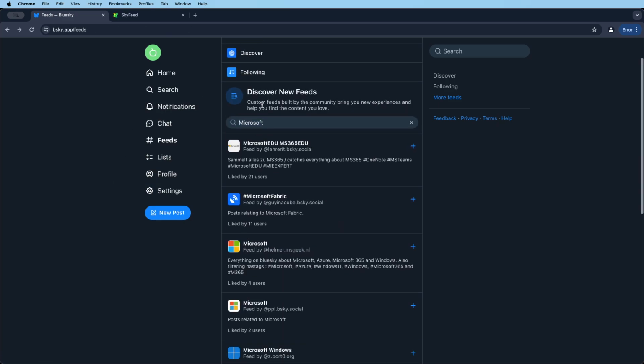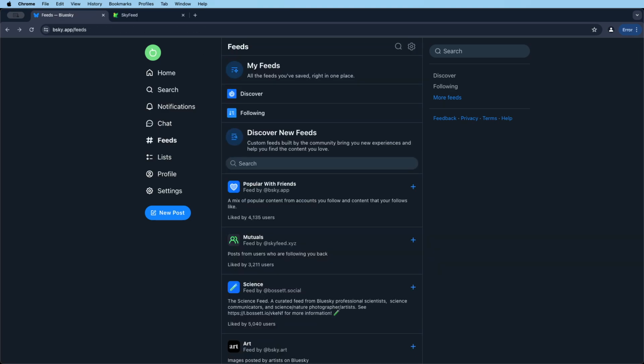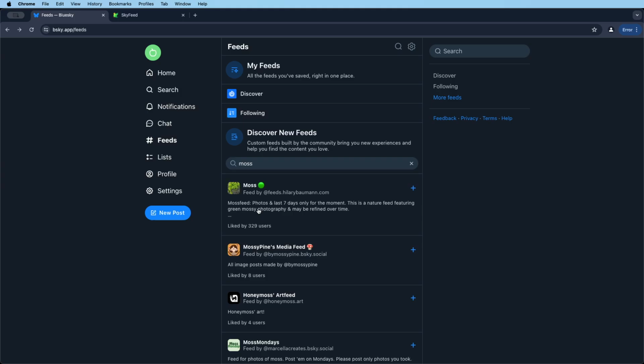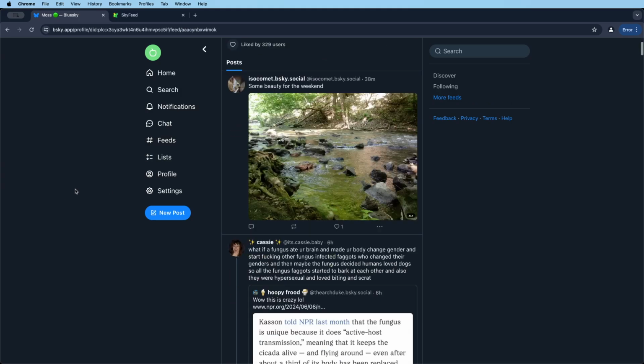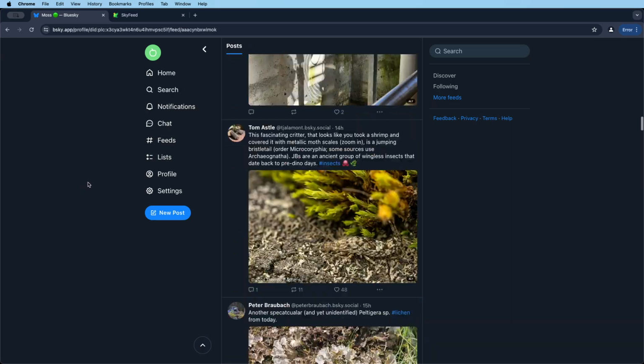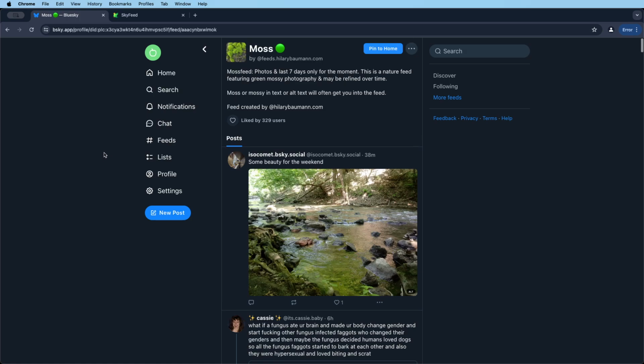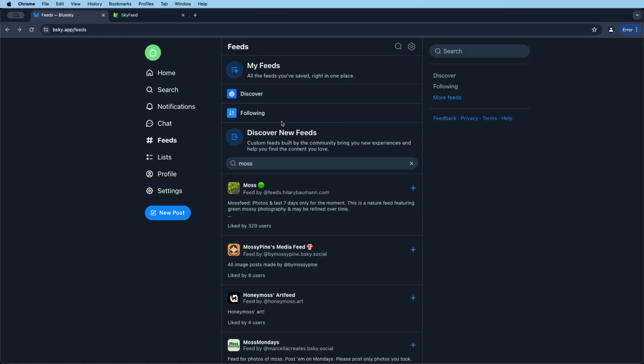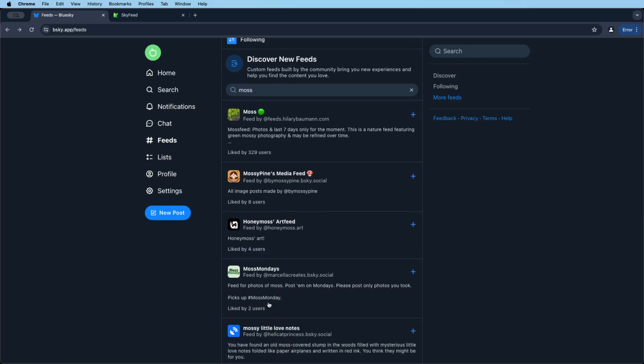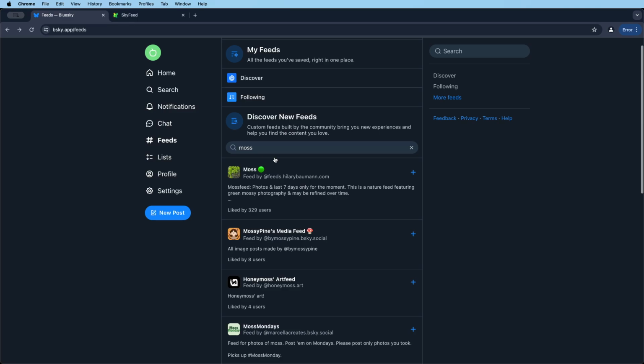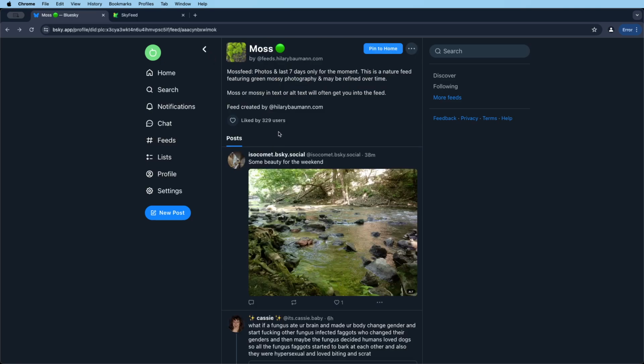There's also, I think, I mean, I'm just showing techie things, but I think there's a Moss feed, which is funny. Moss. Yeah, that's the one. It's just Moss pictures from anyone who posts them. Some of these are algorithmic, some of them are just regexes, which is just regular expressions. And some of them just follow hashtags. So like here, it picks up the hashtag Moss Monday and stuff. That's just an example. I think there's also one for like nature photography,